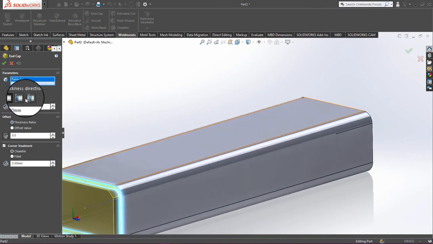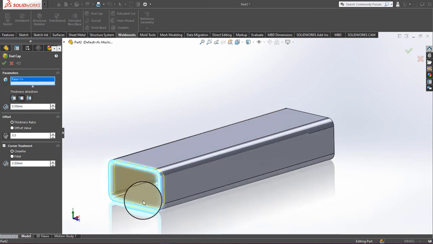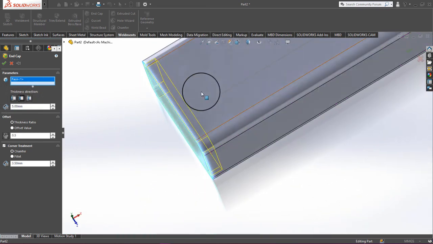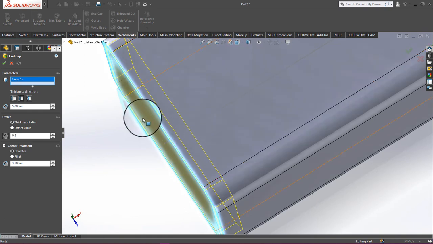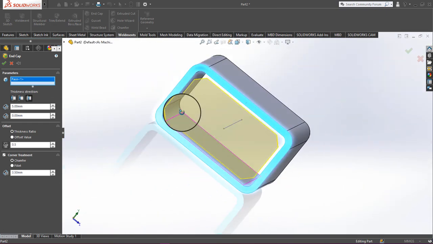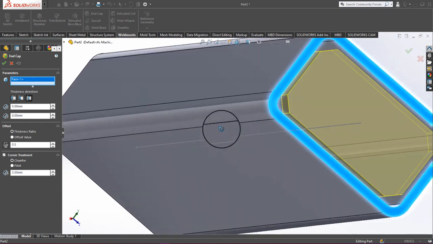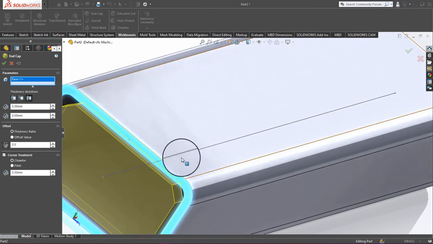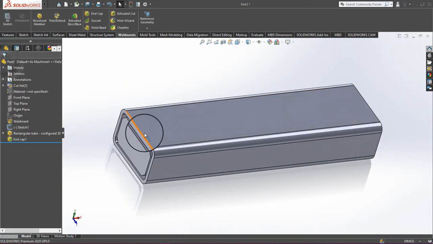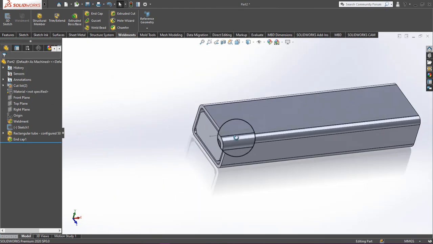So fine. See, here is the thickness direction also. So this thickness is outwards. If you click here, you can see that our end cap goes inside of the tube. Okay, you can see from the top it goes inside. If we select the last one, internal, this is the inside of this face, and this end cap looks like this. So as per our requirement, whatever you wish, you can choose the end cap. Okay, so end cap is here.